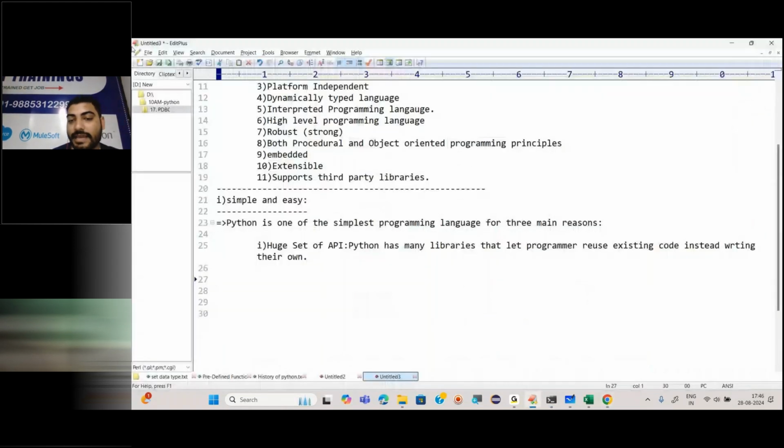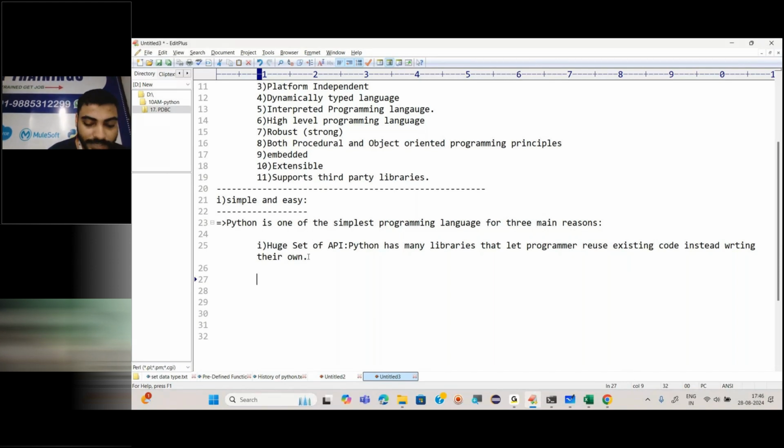Python has many libraries that let programmers reuse existing code instead of writing their own code. Are you getting it? That means if you create a module, you do not need to write that particular code again and again. You only have to import that module and use whatever feature you have kept there. Are you getting it?